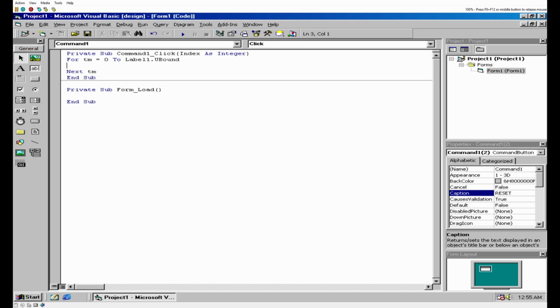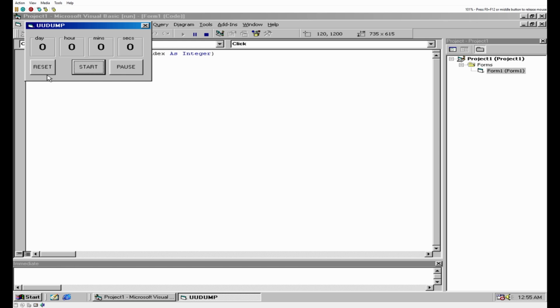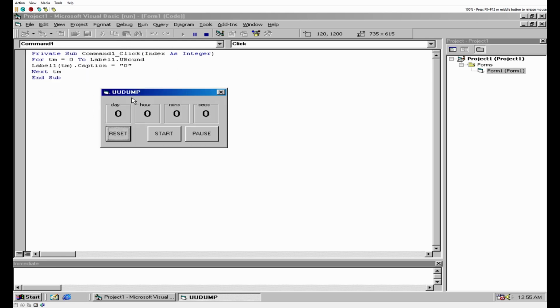TM. Label 1 of TM. Dot. Caption equals 0. Now, as far as I remember, there shouldn't be a bug there now. There you go. Yeah, so in other words, if those were numbers,